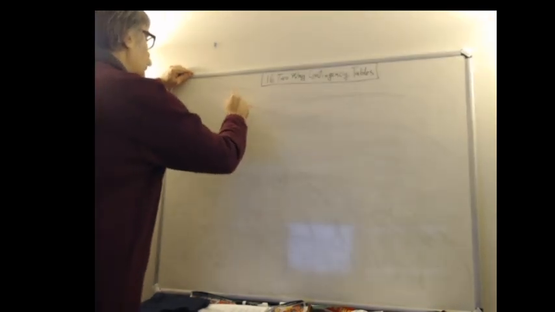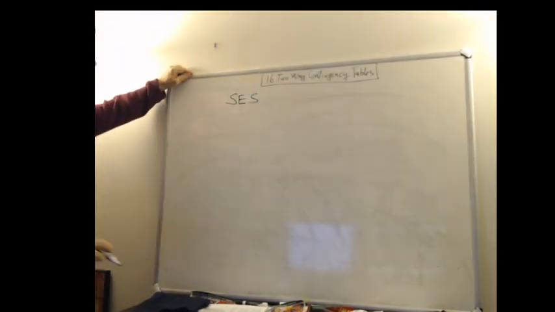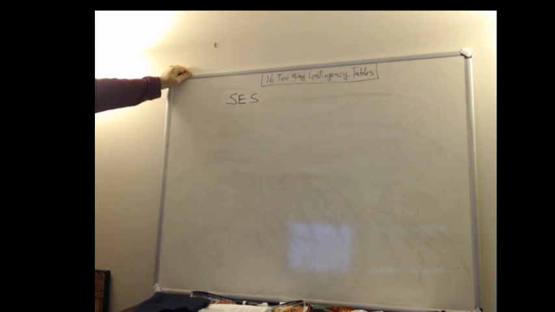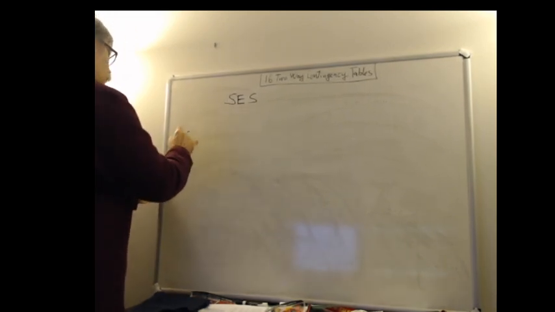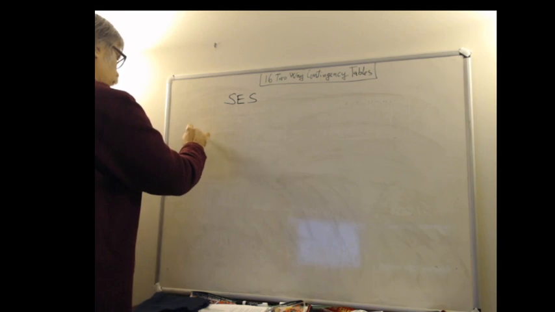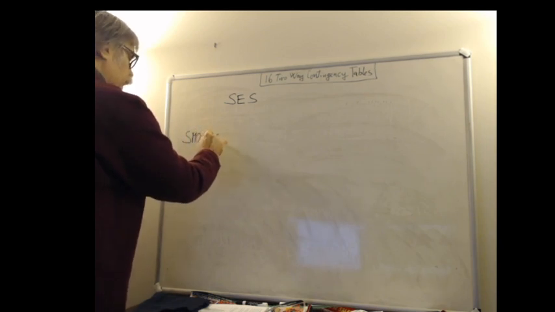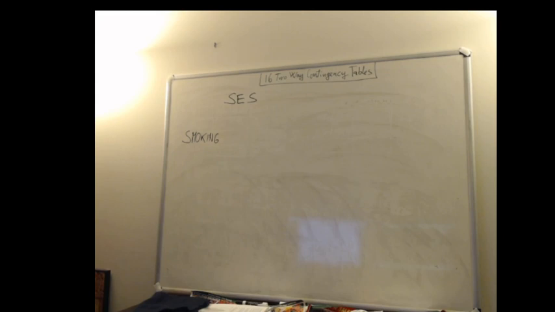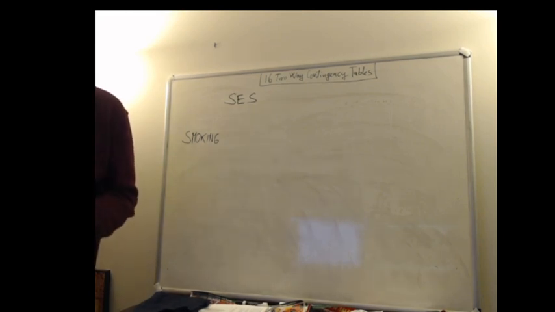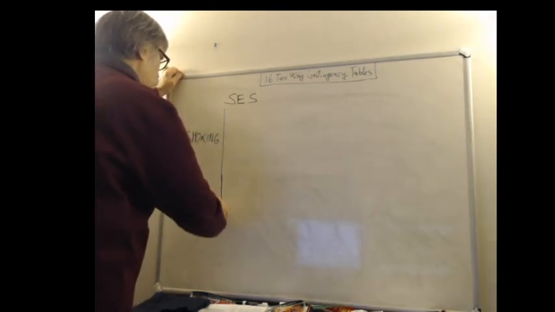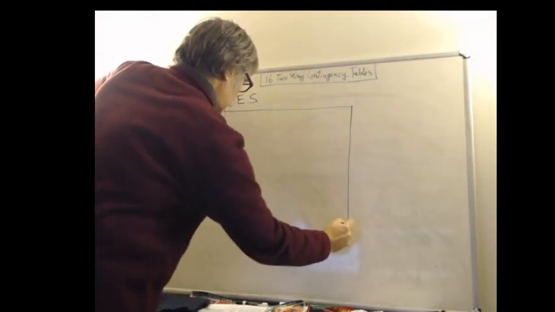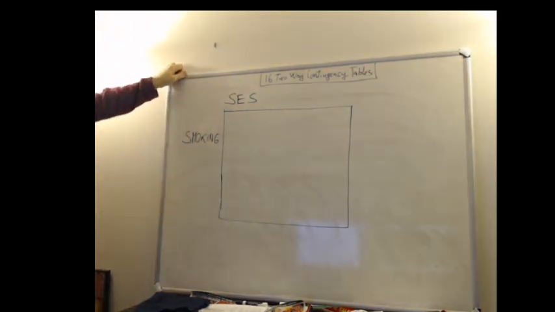So socioeconomic status is, we think, related to smoking. Okay? So we have federal workers, 356 of them. Okay? I divided them